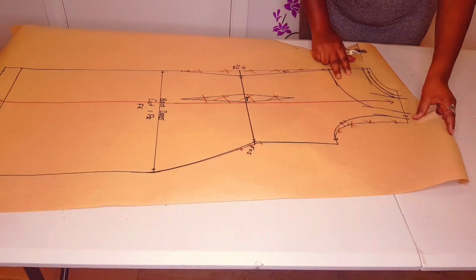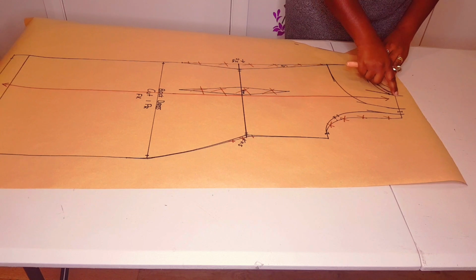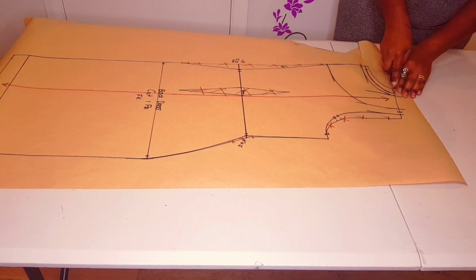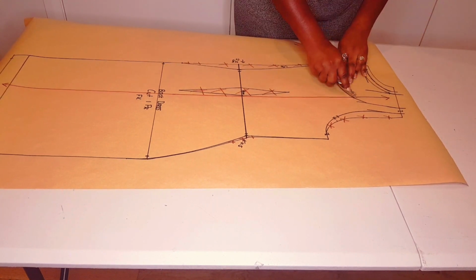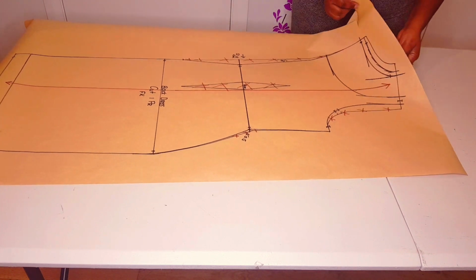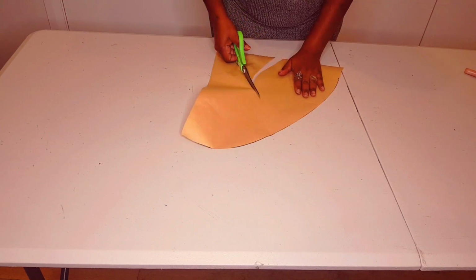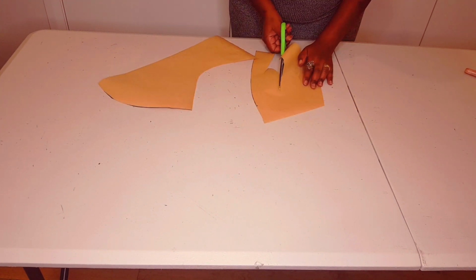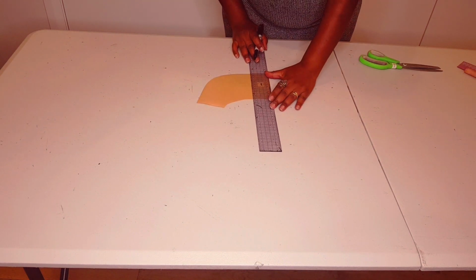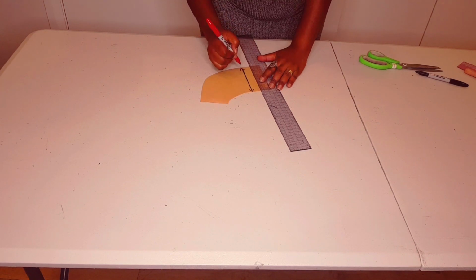Next, we're going to trace around the facing for the back, using the tracing wheel, like I'm doing here. Lift your pattern, remove your main pattern and just cut around the facing like I'm doing here. Now you've got two options, whether to trim off the seam allowance at the center back and cut one piece